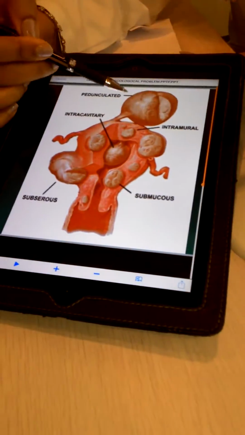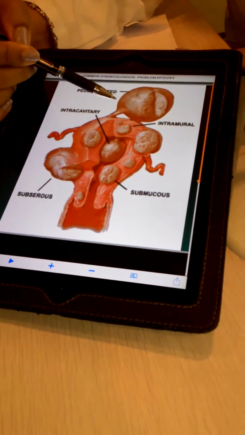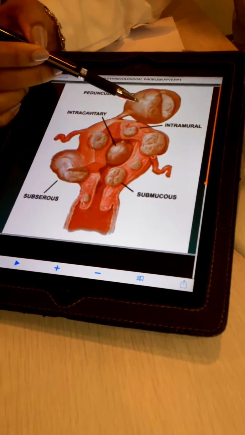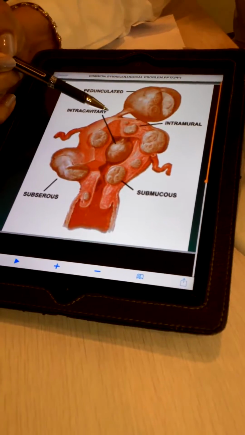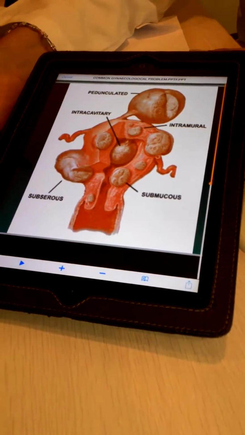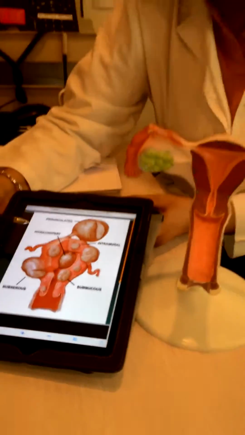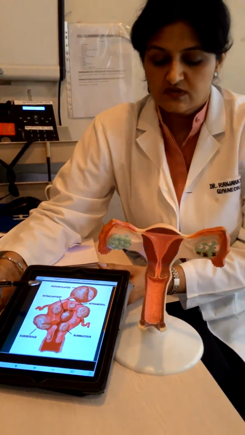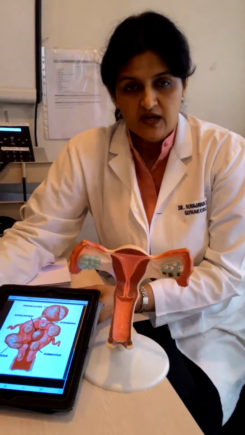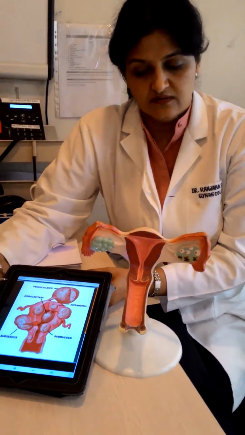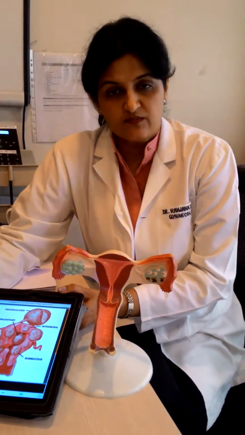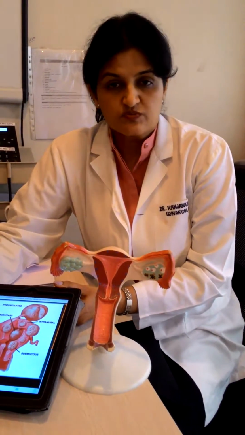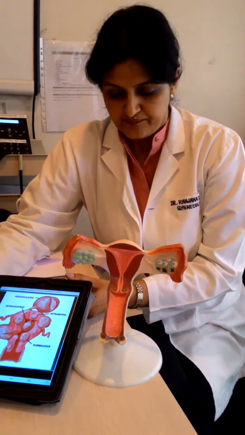And subserosal fibroids that migrate up could either have a pedicle or could appear as a mass here, and depending on the size could manifest. Fibroids could vary in size, and the uterus could grow as large as almost a huge watermelon. And just last week we removed fibroids in a uterus weighing about 6 kilos.